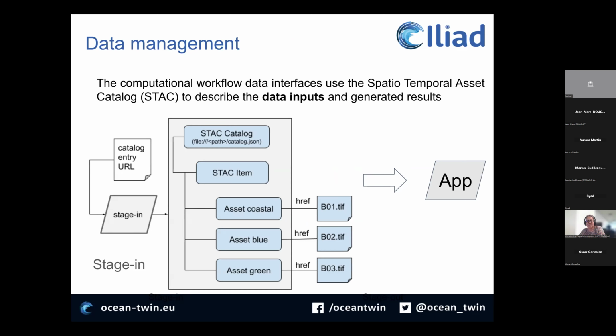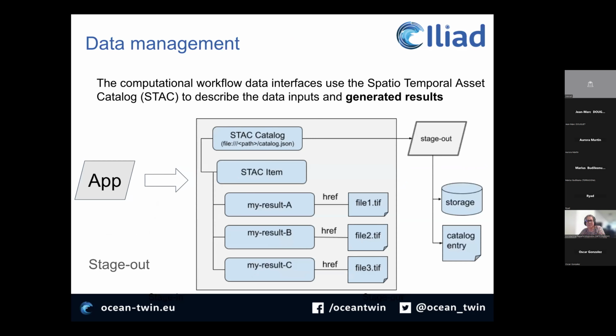So as an input to an application package, what we have are STAC collections and STAC items given as inputs. And after the application is processed, the models need to define and give better metadata to their results. And we are using STAC here also to say what the